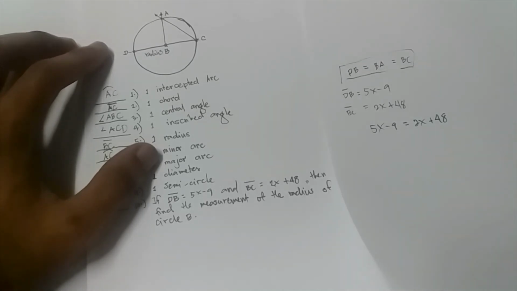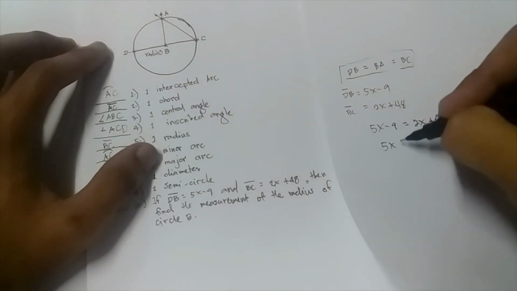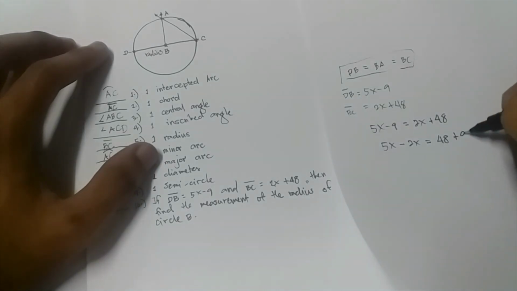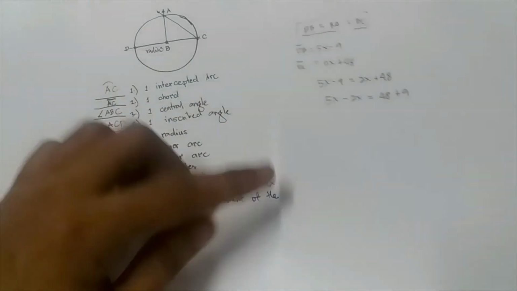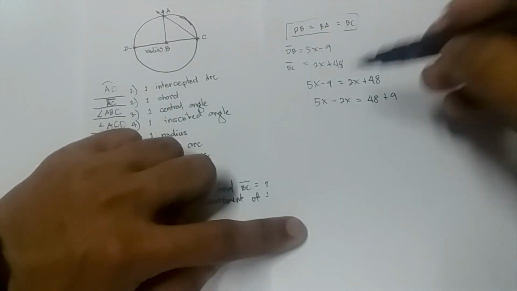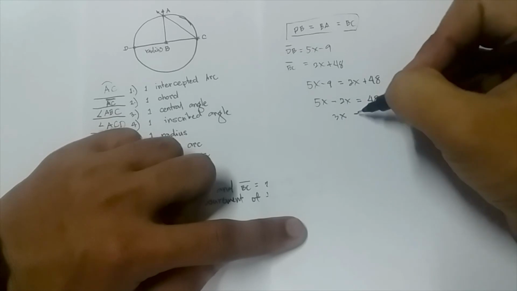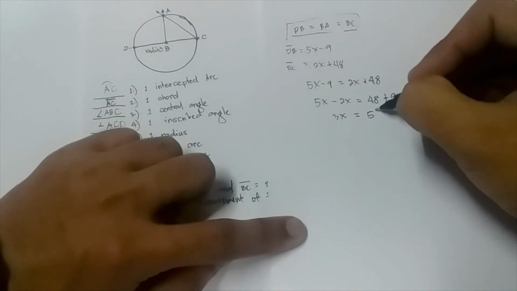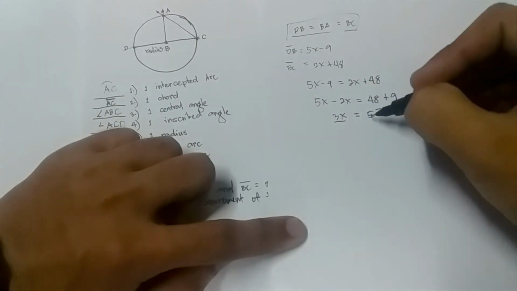Then perform this one: 5x minus 2x equals 48 plus 9, right? To solve for x, the left side is 3x, and the right side sums up to 57. Then multiply this one